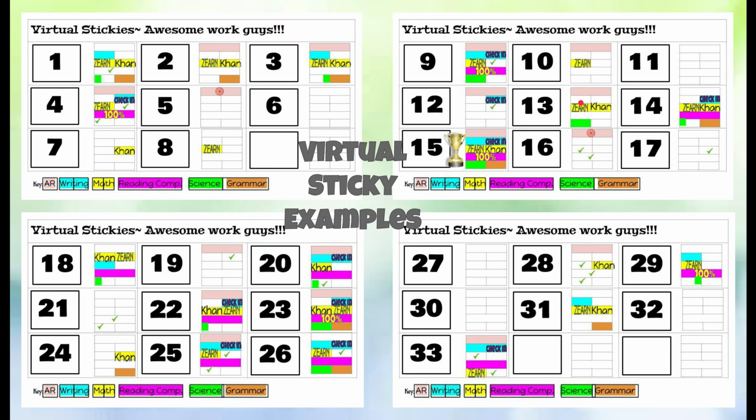Science was green, and this is where I was running out of boxes. So we have this side was the science assignment, and then this side was our grammar assignment. So that's the different colors. We had the student who got all of the work done for the whole time, and so I'd like to give them some kind of little shout out with different graphics. The student has met her AR goal, and so that's why she's got a little target on there because she met her complete AR goal, which was fantastic.